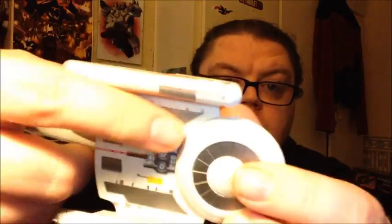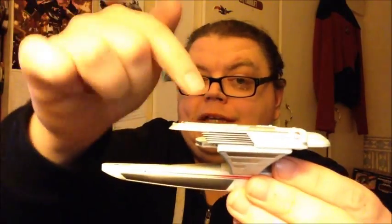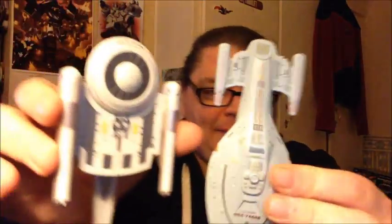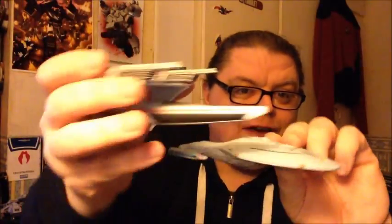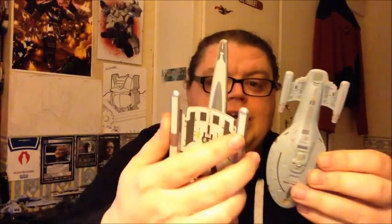You can see all the sensor arrays all across here. The nacelles. Yes, you'll notice it doesn't have any plastic parts, but that's how the actual ship looks. It's quite big as well, considering Voyager here is that big. It's a fair size. It's not actual to scale, but it's a fair approximation. The actual scale,